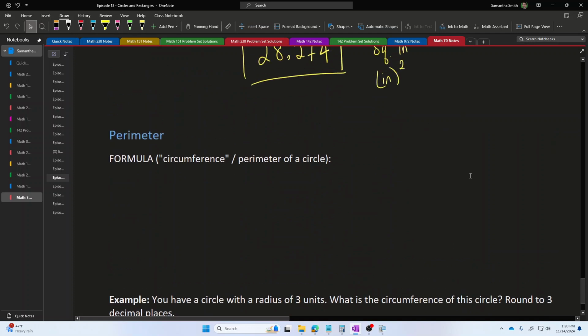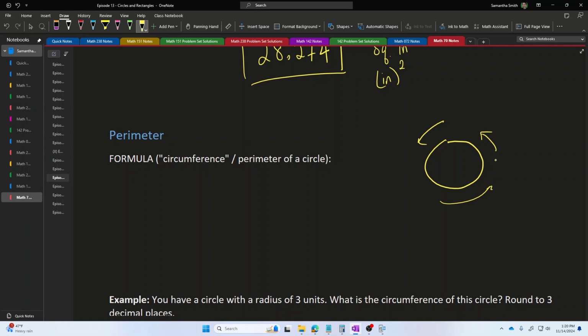If I wanted to find the perimeter of the circle, the distance I would travel if I wanted to walk all the way around the outside of the circle, what formula could I use for that? The formula for the perimeter of a circle is take 2, multiply 2 by pi, and multiply pi by your radius. 2 times pi times the radius, this would be the perimeter. This would be the distance around the outside of the circle.